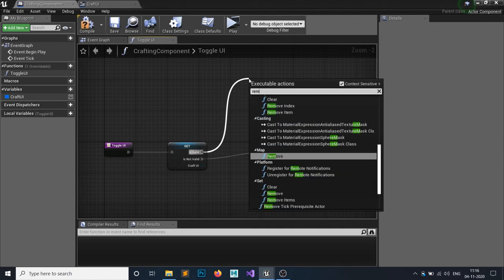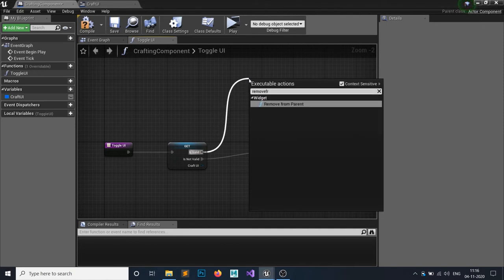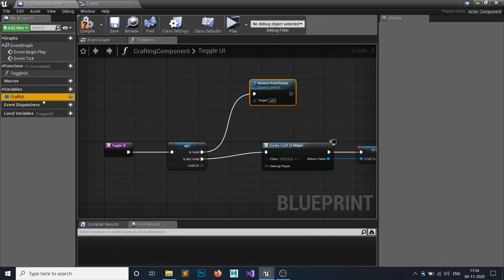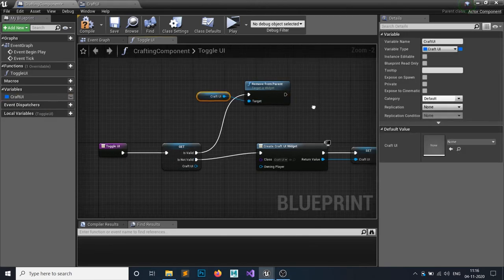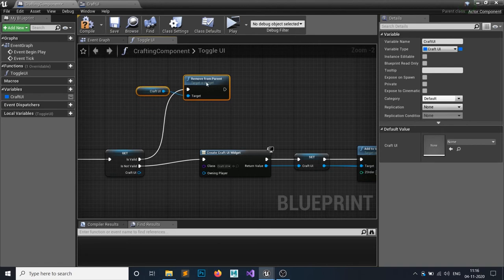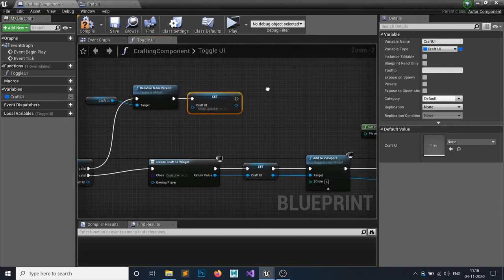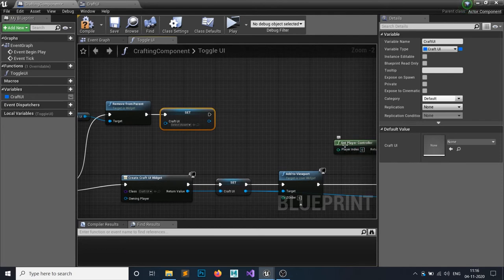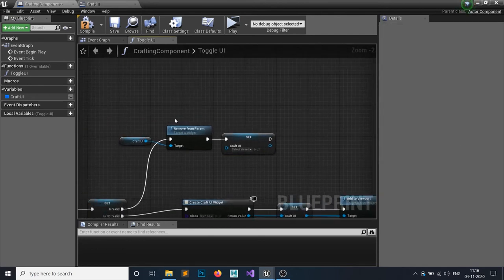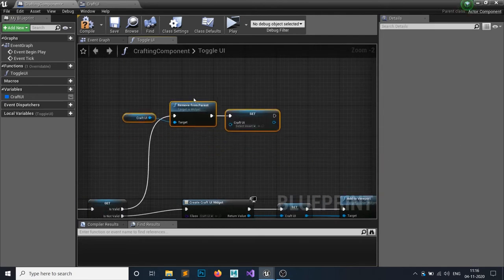So if it's valid, then we want to destroy it. First we're gonna remove it from the parent. The item I want to remove is this crafting UI. Then I want to set this crafting UI to null. Then I want to set the input mode to game only. Let me just make some room here.